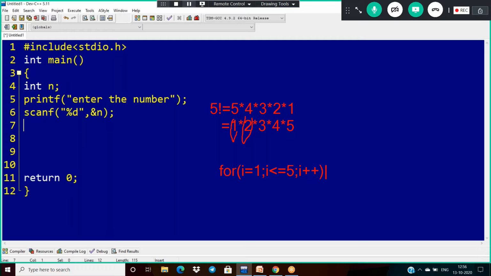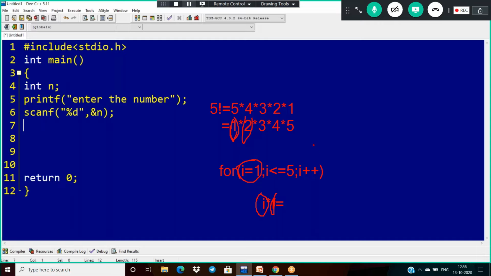Then what do I need to do here? We have to multiply this I with some other variable, I'm taking f. For the first time I need the result 1, and already I is 1, so it should be 1 only.